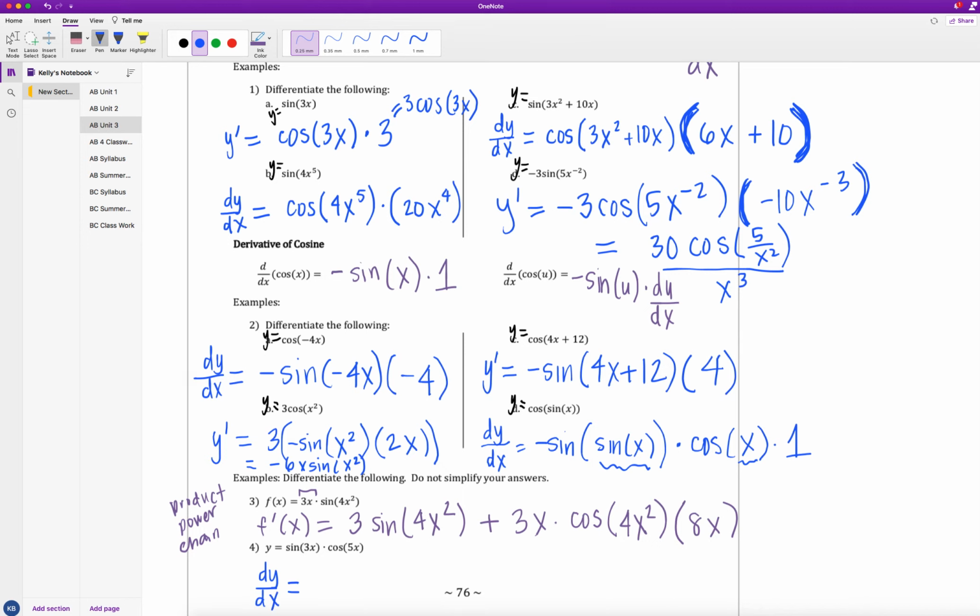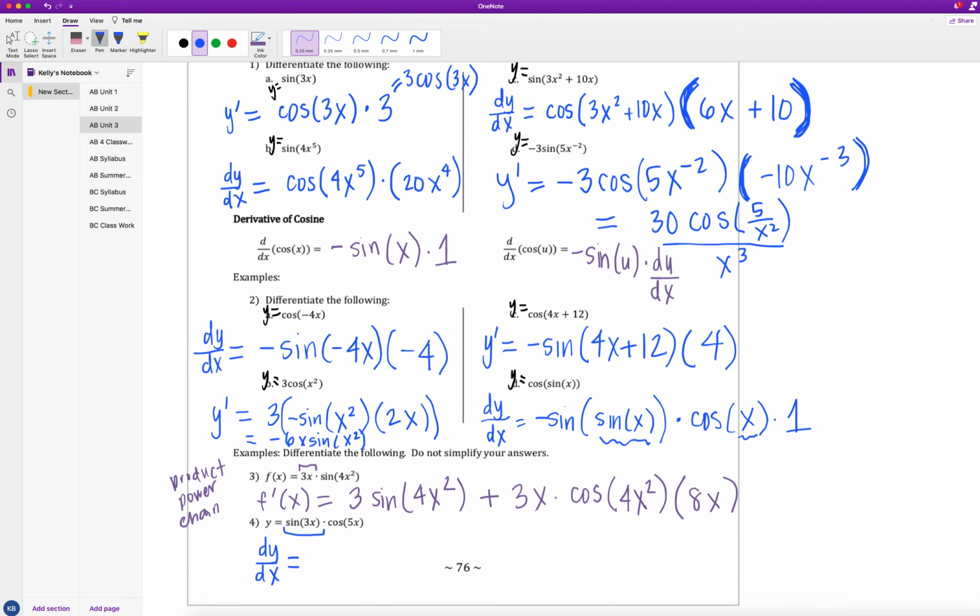I have a product of two functions, so I definitely need to use the product rule. And then to take the derivative of each one of these individually, I'm going to need a chain rule with a power rule. So let's start with our first function here. Our first function is sine of 3x. I can take that derivative. Derivative of sine is cosine, so I'll have cosine of, keep the inside the same, so the 3x stays, times the derivative of the inside there is 3. Now I rewrite my second function, so times cosine of 5x stays the same,